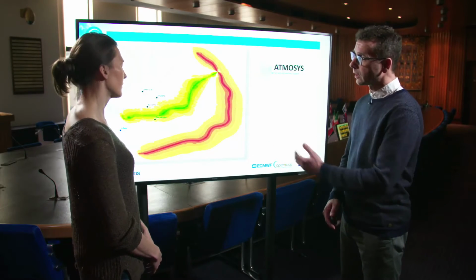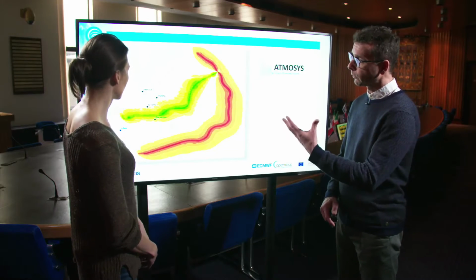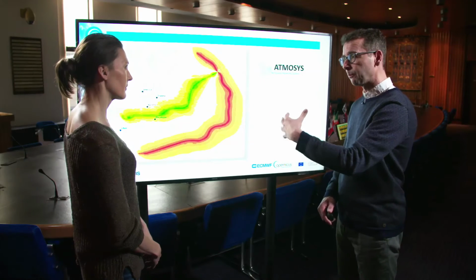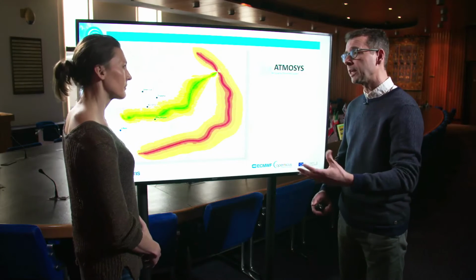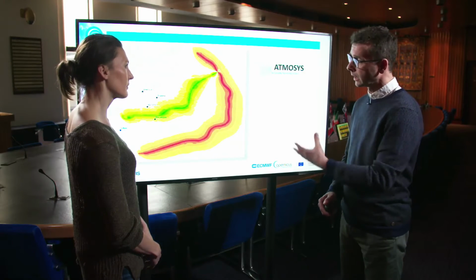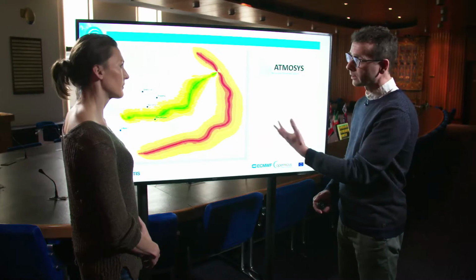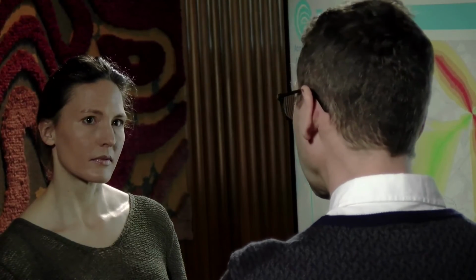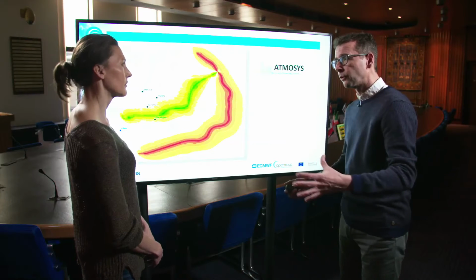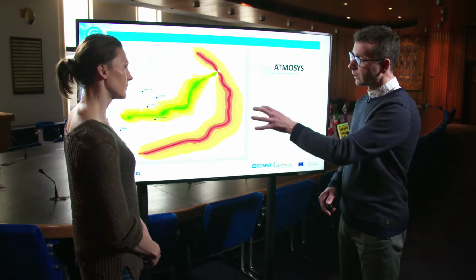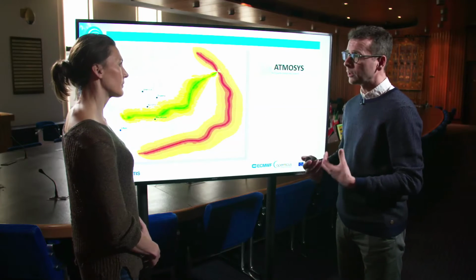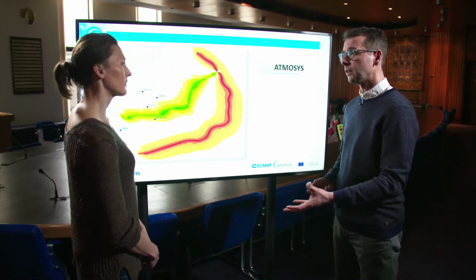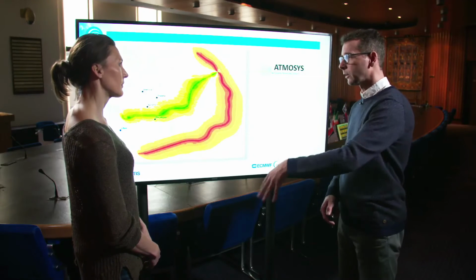And for instance, this example shows if I have a busy road right through the city and I build a new road around the city, what would be the impact on the air quality in the city? In this case, green is good, red is bad. So you can see you displace the air quality problem from one place to another place. You're not removing the problem altogether, but it gives them a good tool to see what is the impact within the city and the people that actually live within the city compared to more outside when you have a ring